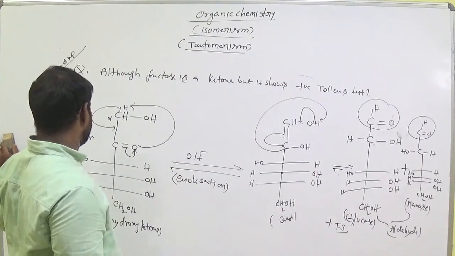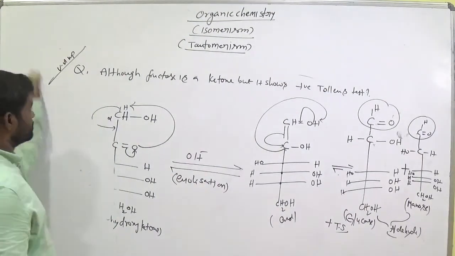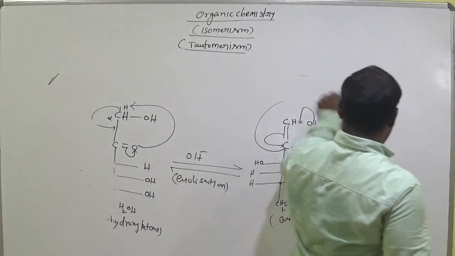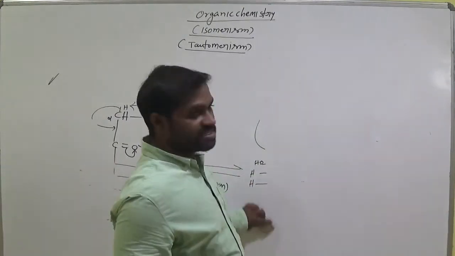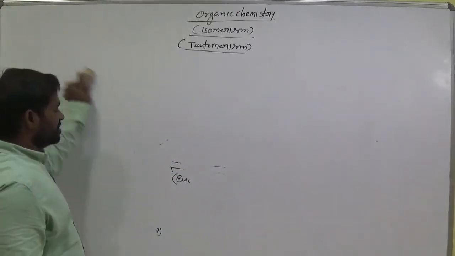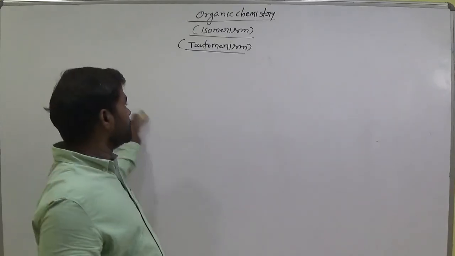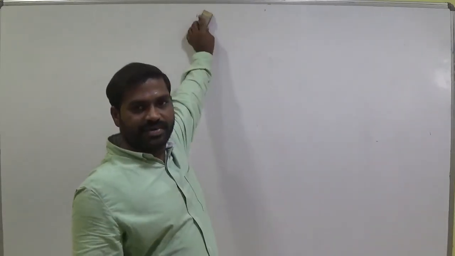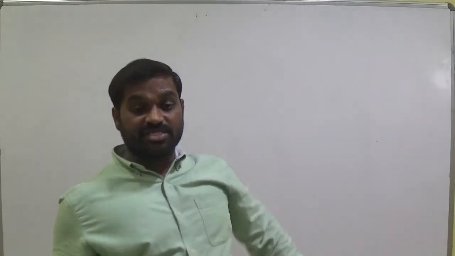Okay, we'll discuss later. So keto-enol tautomerism is also over. We'll discuss important bits regarding keto-enol tautomerism tomorrow, option-wise. Then we will get an idea about this topic completely. Then we go for stereoisomerism, geometrical isomerism and optical isomerism concepts. Okay.